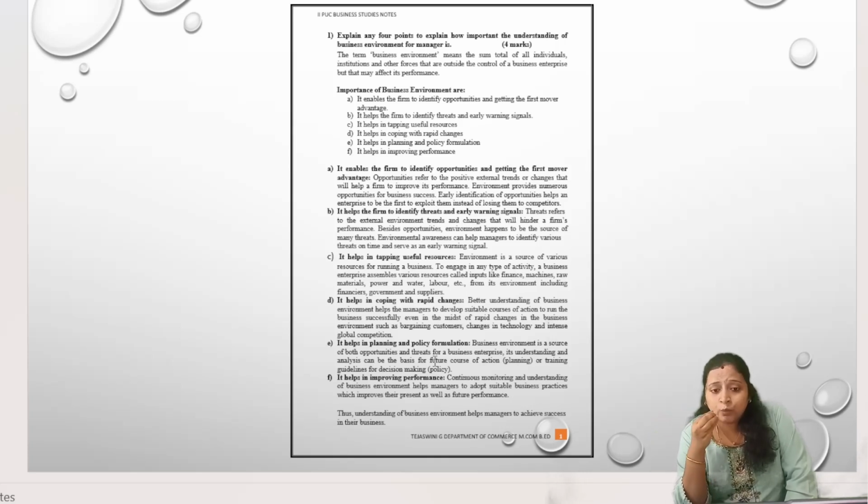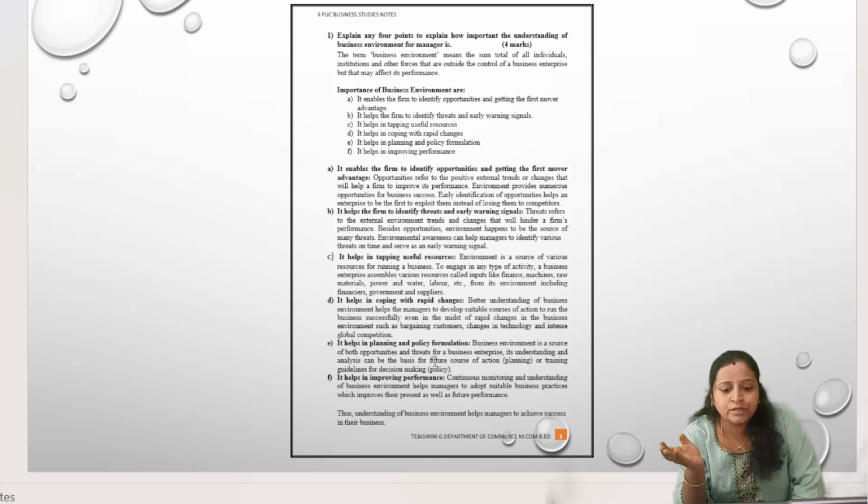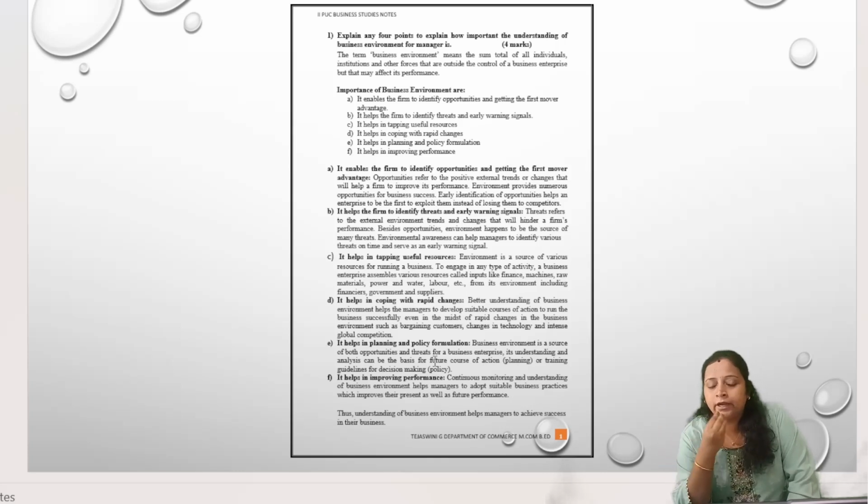They have asked you how important understanding the business environment is for the manager. So you have to comment on this. So conclusion is compulsory. Thus, understanding the business environment helps the managers to achieve success in their business. That is one line which gives you the conclusion for this question. So the important points, you underline them, and all the points you study, whichever you feel easy, you write those points